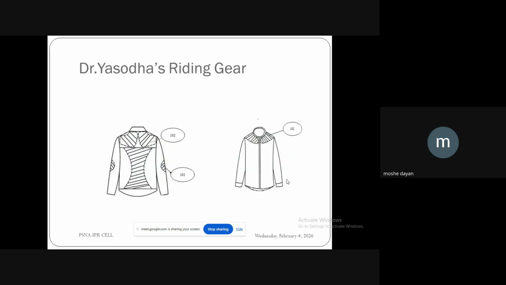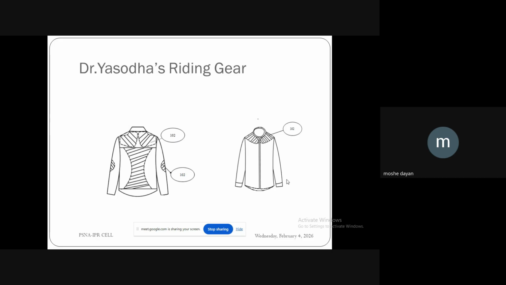Okay, and this particular professor, she is a fan of actor Ajit Kumar. See how interesting, no? Sometimes, if you are a crazy fan of a particular celebrity and you want to provide a solution for him, and here lies the innovation. And she is from the Department of Costume Design and Fashion Technology. And what an innovation it is.